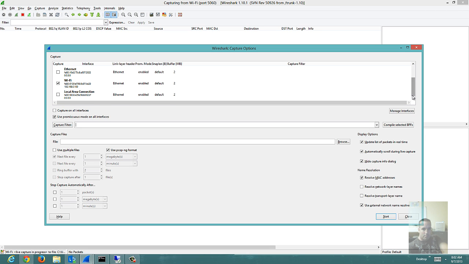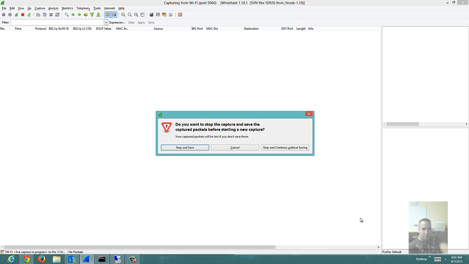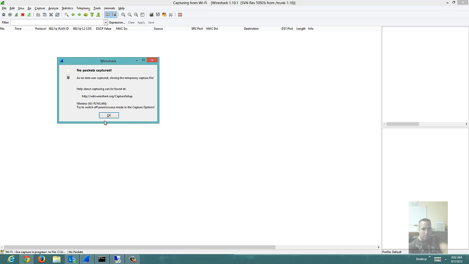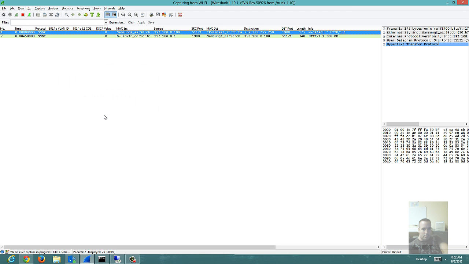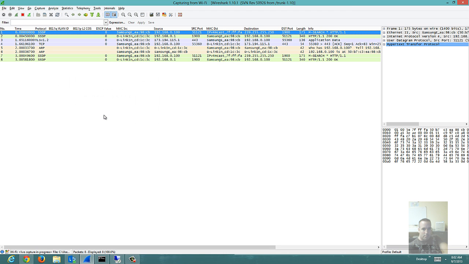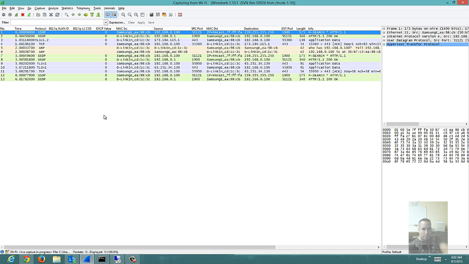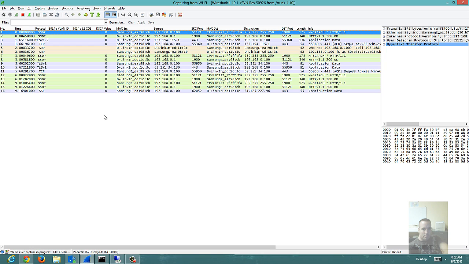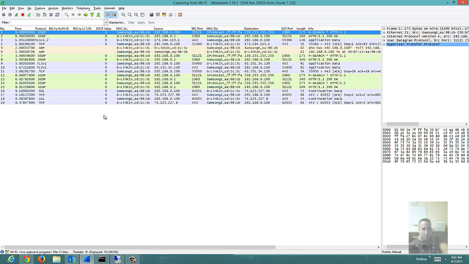And we're capturing Wi-Fi, so we're going to go ahead and capture a few more packets to take a look at. Okay, it was giving me a warning that said you're saying you don't want to save anything, but there was nothing there to save to start with. So now I've got packets going again,